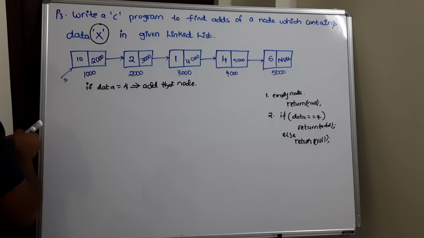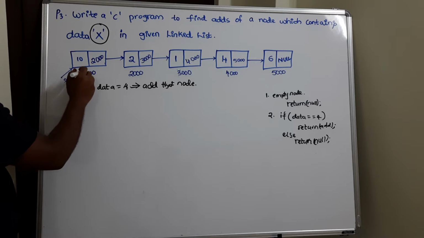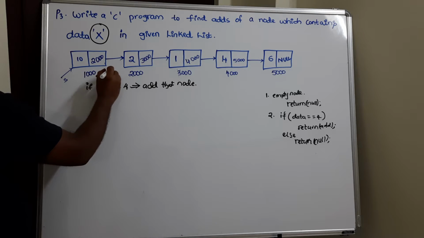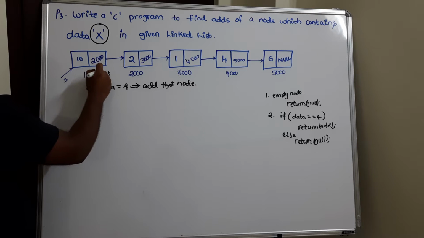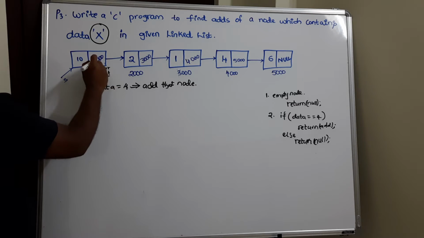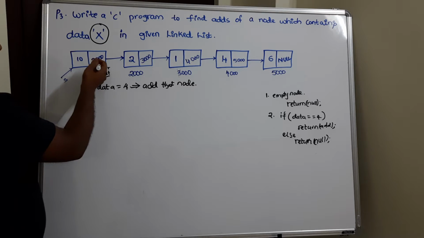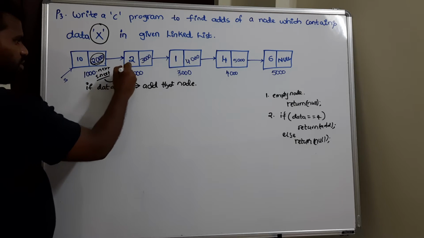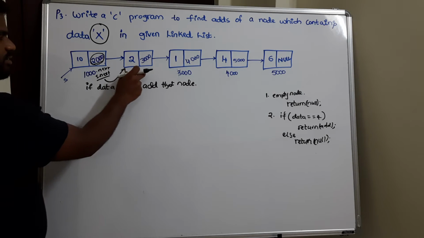See, you are at start node s. s dot next not equal to null. That means 1000 dot next not equal to null. True, because it is 2000. It is not equal to null because it is 2000, right? So I move from here, s, to here, that is s. I am checking again here.